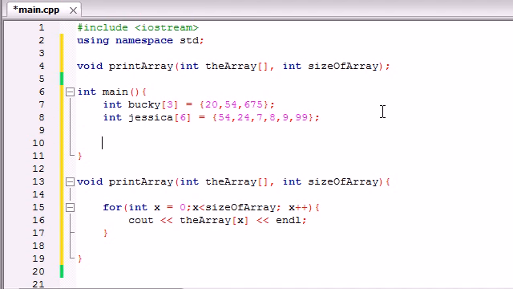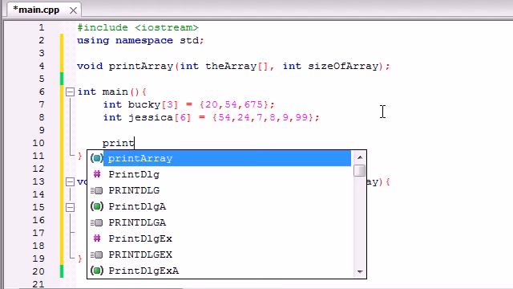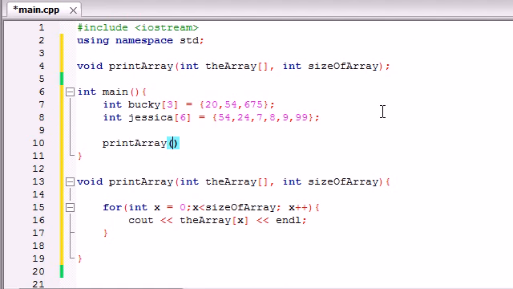So whenever we want to use this function that we just created, just go ahead and type the name of your function, printArray, and give it the 2 pieces of information it needs. But you know how at the beginning of this tutorial I said that there are a couple of tricky things that you need to watch out for? This is one of them. You might think in the first parameter you might type Bucky, or Bucky square brackets, or Bucky square brackets 3, but actually the only thing you type is the